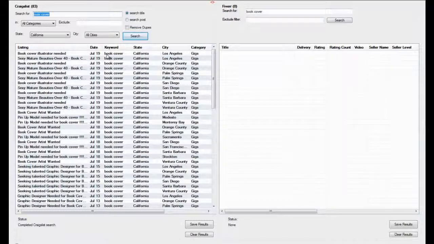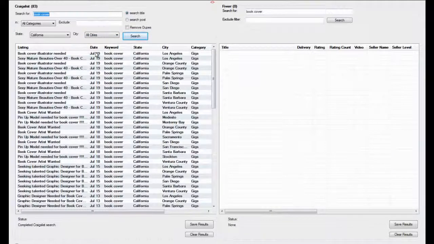It's going to be right here. So you'll only have steaming fresh leads. Anyone else who's attempted to do this in the past has used Google. Now the problem with Google is Craigslist has it set up so that it takes a minimum of 2 days, usually 3 days, for Craigslist ads to be indexed into Google, which means that it would be useless, because every time you click on this, you're not going to see July 19th.